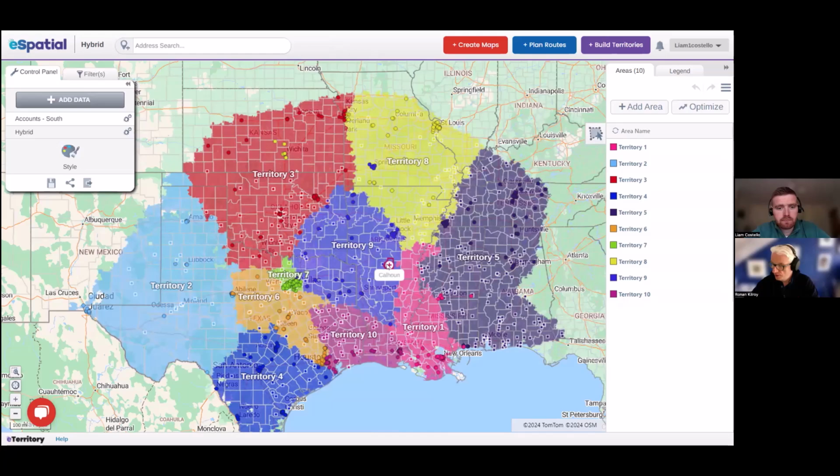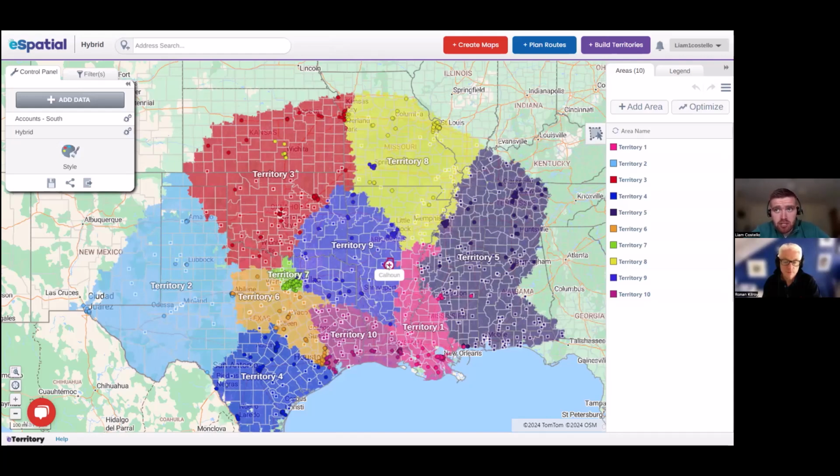Okay, so we've gone through that. I can see, so obviously the power, this is what we talked about earlier, the visualization is instant. You can see your territories, you can see where your accounts are. But maybe what you can't see is whether they're efficient or not. So how would I go about assessing my territories to get an understanding of where I might want to make tweaks or improve territory design? Yeah, absolutely. So this is where the end users can aggregate or get a balance of how each territory is performing.